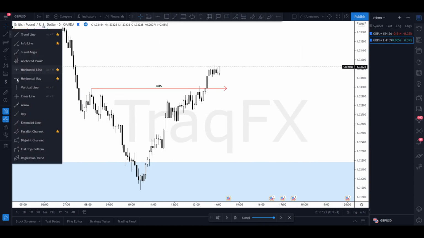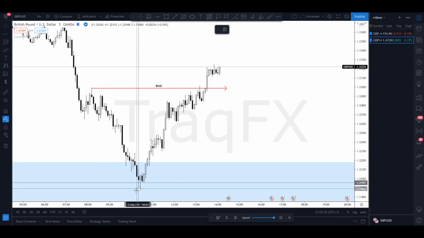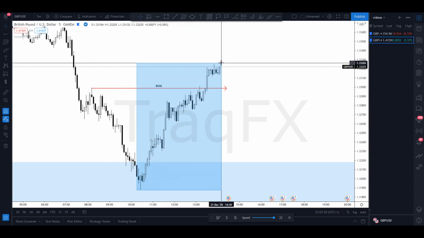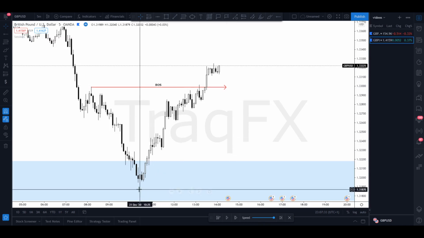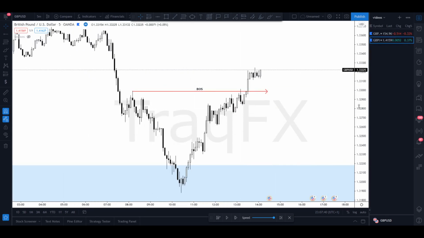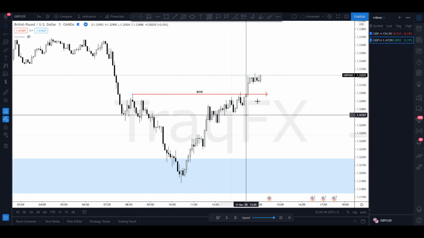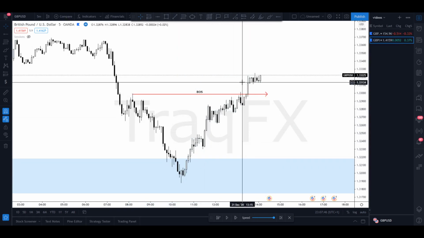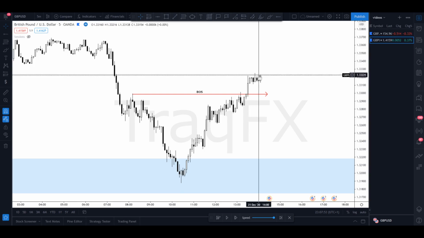So at this point, like I say, you want to highlight your institutional candles that were responsible for that break of structure. In this case, we have an expansion move right here, and by expansion I don't mean anything fancy. All I'm saying is that this is an area where price ended up using, right? This move right here is what led to price breaking that previous bearish lower low, lower high structure. So I would say, okay, this is my expansion, and because this move up is so big and momentous and strong, I'm assuming that price is going to be retracing back into this expansion move to test